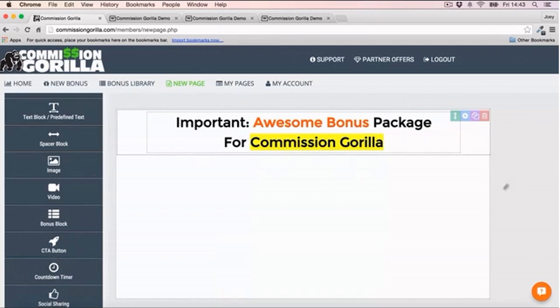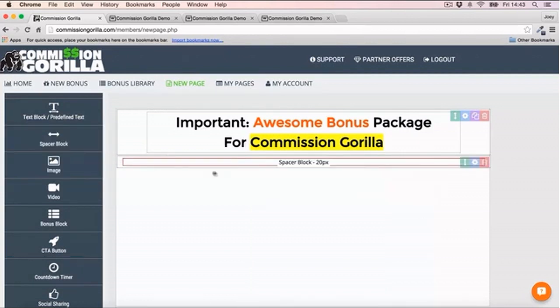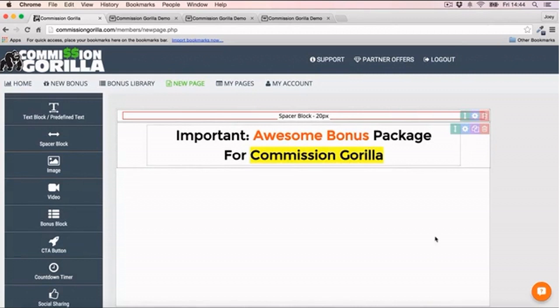Now what I want to do is add a little bit of spacing above this headline because I don't like how close it is to the top. So I'll add a little bit of spacing, and you can just click and drag the space block, and you can literally just drag it above the headline, and there you go. I added some spacing. I could even customize